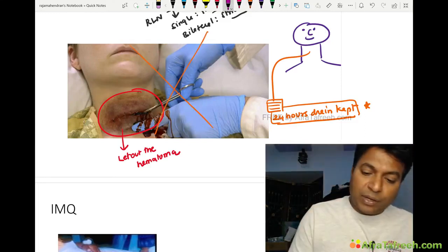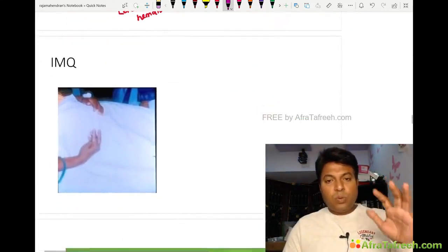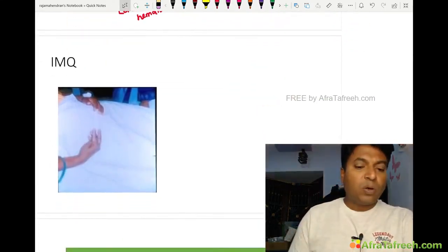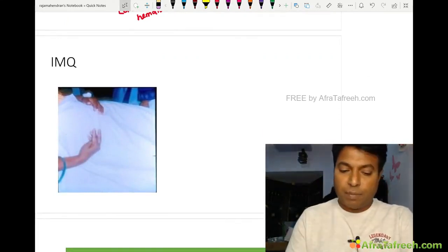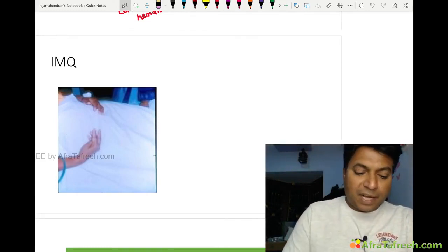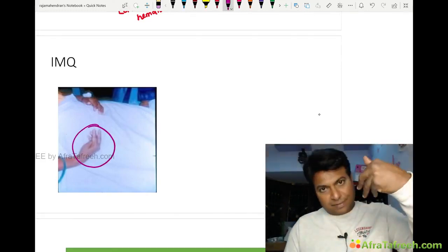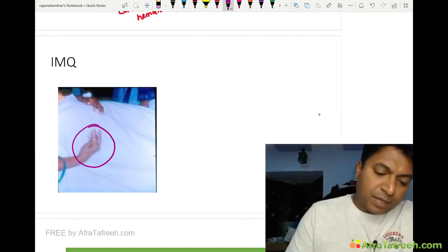If there is bleeding, it will get collected in the drain. So you are a senior resident going for rounds on the third post-op day. At that time your junior resident is measuring the blood pressure. You see the thyroidectomy patient having a sign like this. What is this sign? It is known as